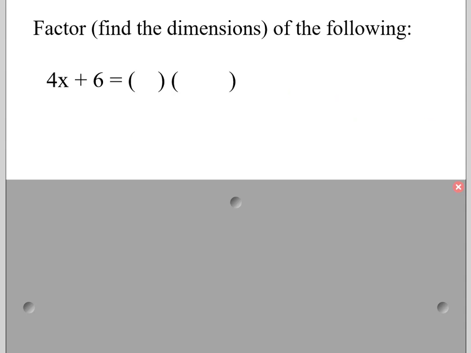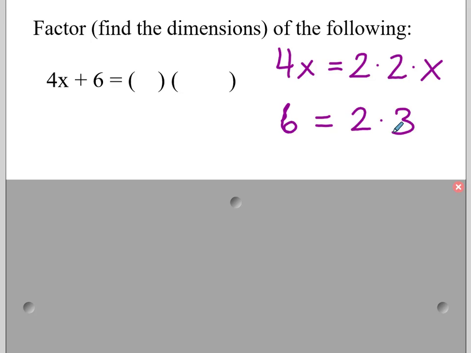Okay, so how do we bring this all together? Find the dimensions of the following, and we are going to avoid the area model. Well, we're going to take the greatest common factor approach we just did, and we're going to utilize it. So we're going to break 4x plus 6 down into its 2 dimensions. So we're going to break the 4x over here, and I'm going to write the 6 as well. If I break 4x down, 2, 2, and an x, and I break the 6 down, 2, and a 3,